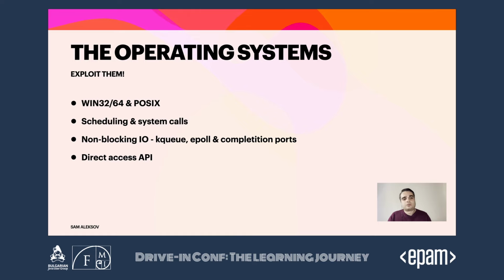Nowadays, non-blocking approaches are preferable, so these OSs do expose some mechanisms to do that. On Unix, you have kqueue, on Linux, you have epoll, completion ports for Windows, and some of them do expose direct access APIs because these system calls are generally slow. You don't want to use them for some, and they can offload the program and they can raise some interrupts